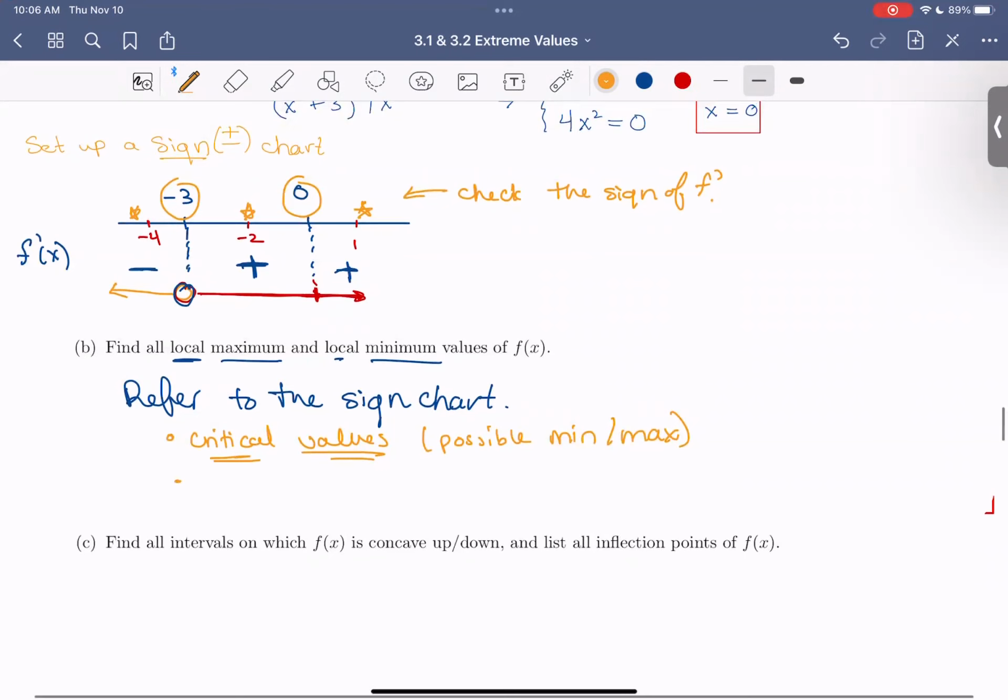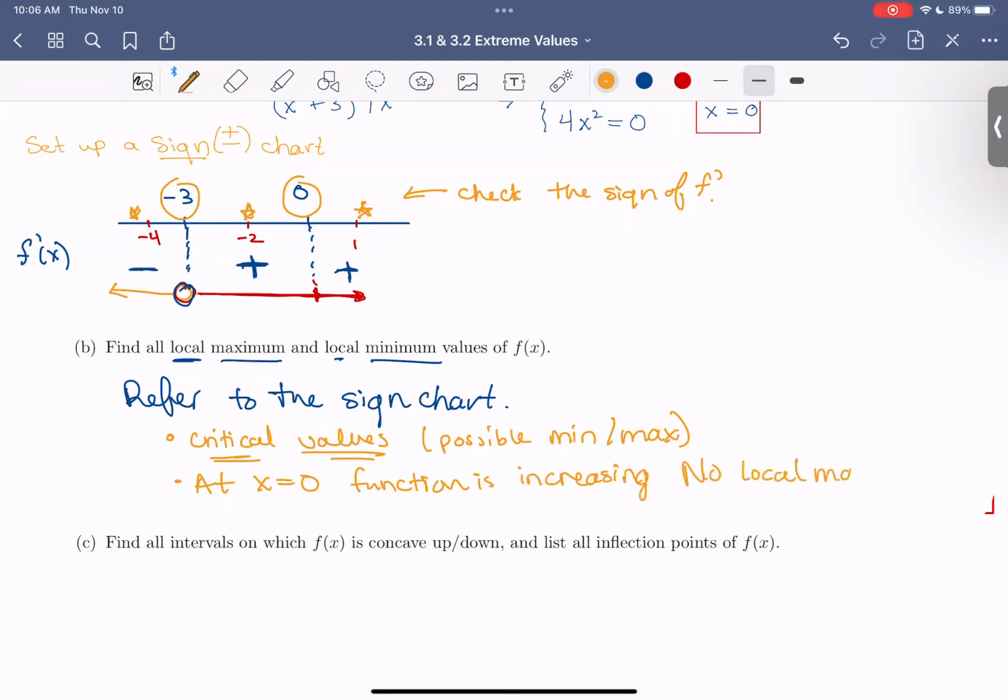So we see that at x equals 0, our function is increasing. So that means we have no local max or min. So what we need to do is just check at x equals -3. So how do we check that? Well, we could notice a few things. So notice that the derivative